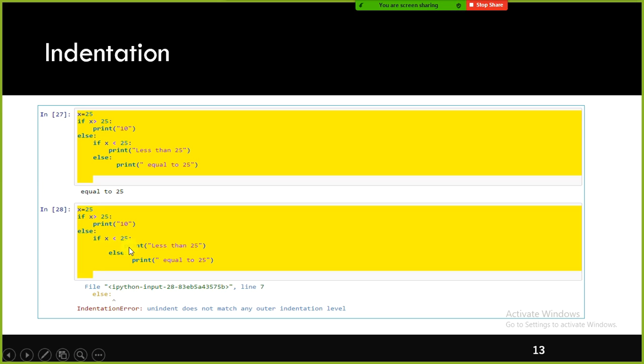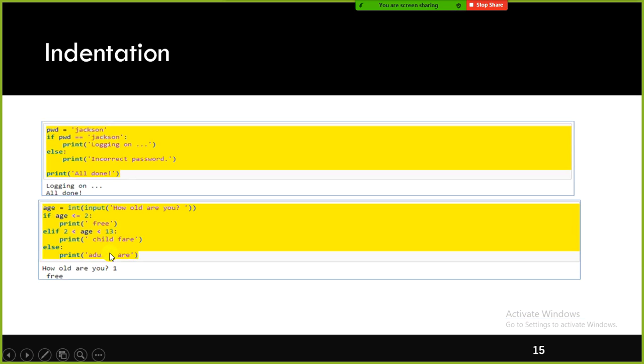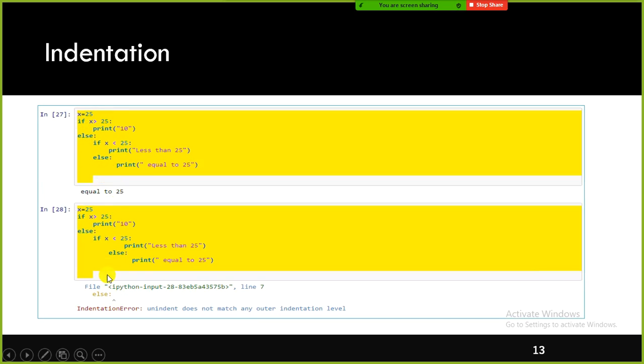Otherwise what will happen is, it will go and find the matching outer if condition. The interpreter will think, for example, take this one, that there is a matching if for the else, okay. So this else does not belong to this if. There is another if available. It will go and check there and it will throw an error. The same thing is applicable here also, right?